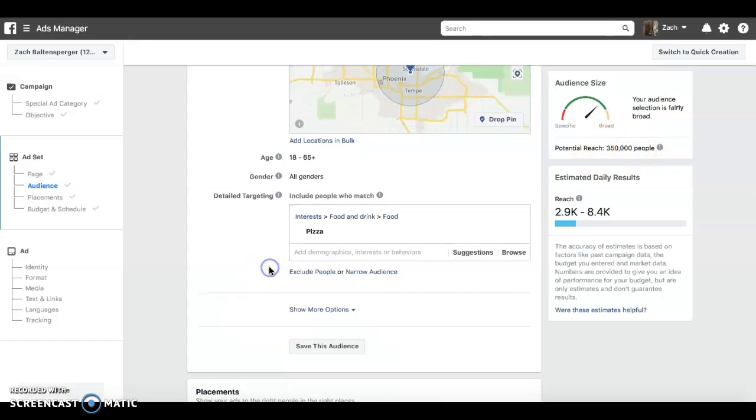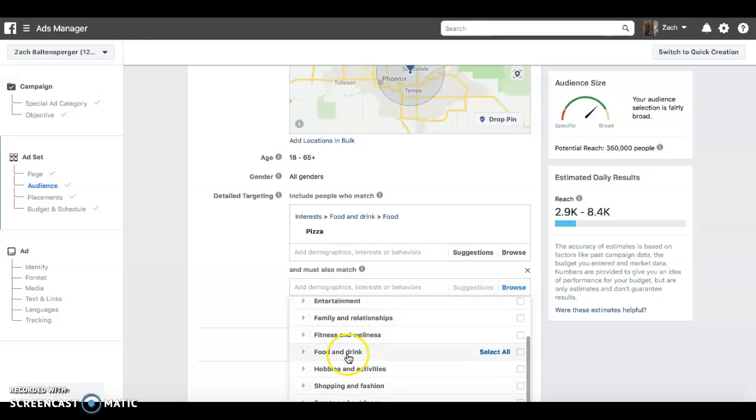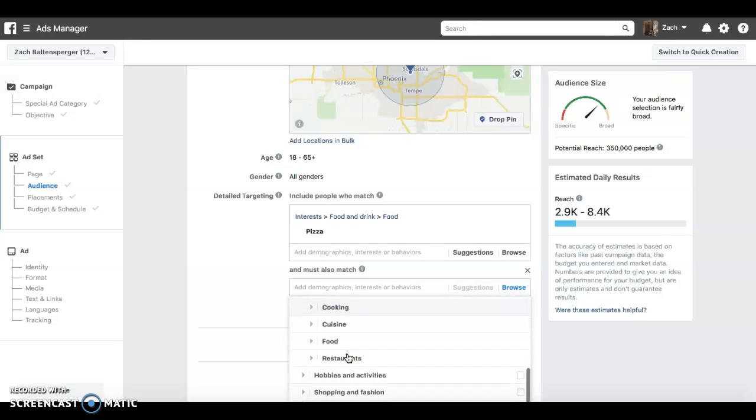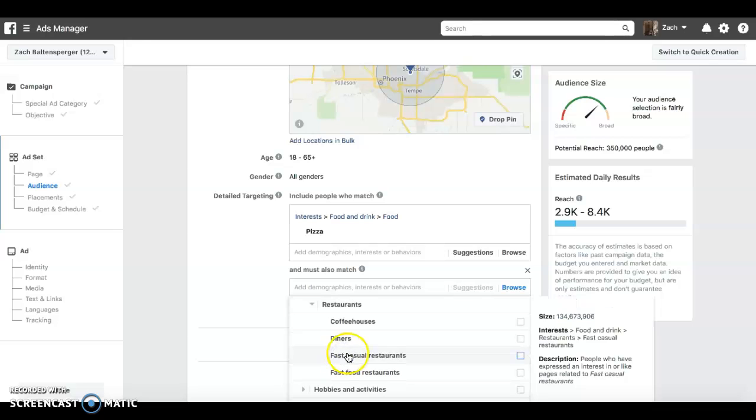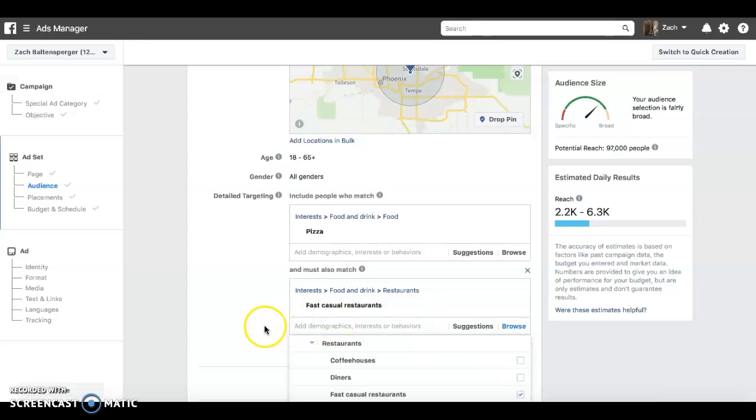But we're not done yet. We're going to narrow the audience even more. So let's go to interests. Let's go to food and drink. Let's go to restaurants. Fast casual restaurants. So people who have expressed an interest in or like pages related to fast casual restaurants. Well, a pizza joint's usually a fast casual restaurant, so I'm going to select that as well. So now we've narrowed it down to 97,000 people